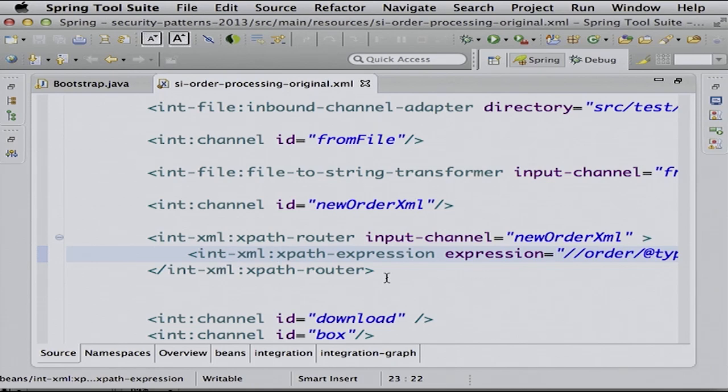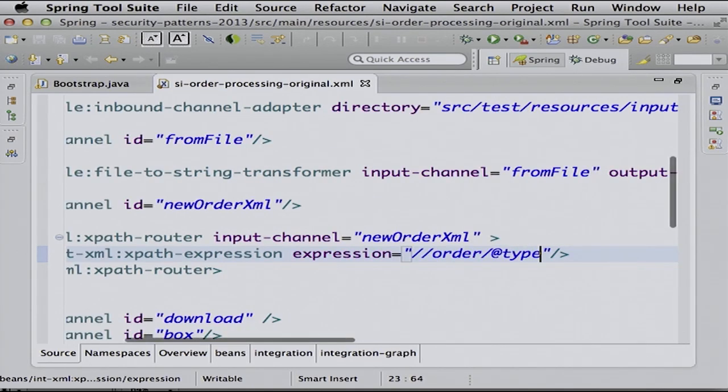Because we have XML, we decided to have a so-called XPath router, which is a pretty interesting component of Spring integration. Because I implemented all of that stuff now just using that Spring integration stuff, so I haven't coded a lot of Java for that. All that workflow is basically implemented using that Spring integration DSL here. And the only thing I need to do is that I specify an XPath expression which says, look at the order object, the order XML element, and check out the type attribute. And based on that type attribute, we do the routing.